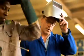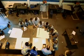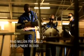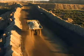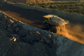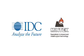Sustainability, in conjunction with investments in infrastructure, must include skills development. The iron ore industry contributed over 140 million rand to training and development in 2008. Recognizing that mining isn't the end of the iron and steel value chain, Kumba and Assmang have partnered with Mintek and the IDC